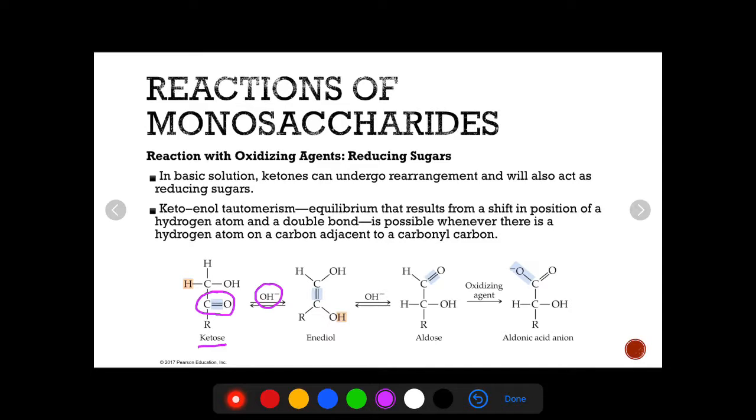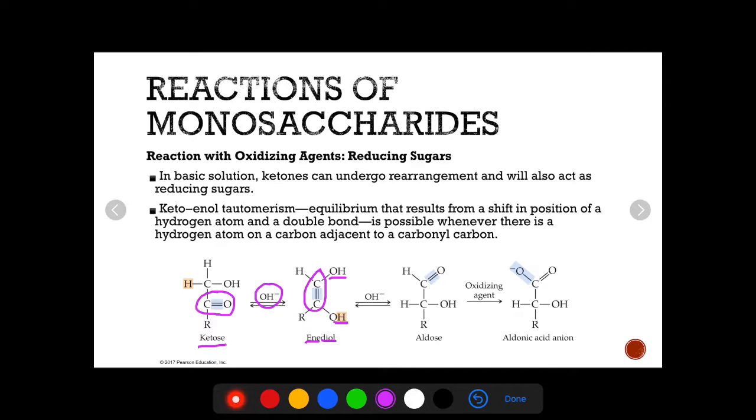then it undergoes a rearrangement of the atoms. First, our double bond that's on the ketone moves to be in between the carbons there, and now hydrogen is added to that oxygen. So now we have a double bond, and we actually have two hydroxyl groups. Okay, so it's called an enediol because ene for the double bond and diol for the two hydroxyl groups.